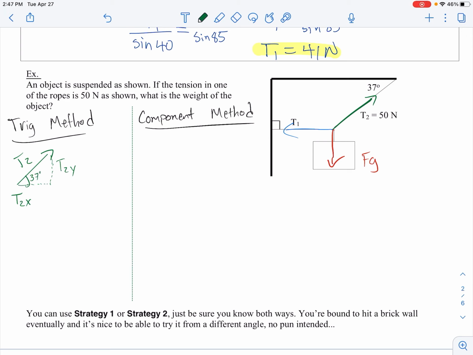So T2Y is going to be equal to T2 sine 37, which is going to equal 30.1 newtons. And then I know that my force of gravity is going to equal,